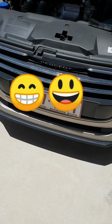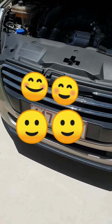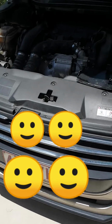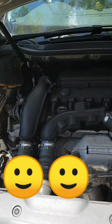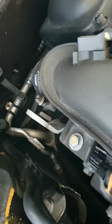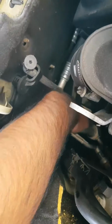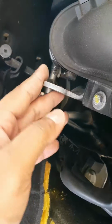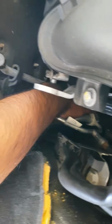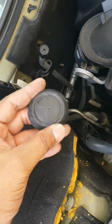We have a Peugeot 50 here, and people most of the time are just wondering where they can run their amp wire. So I just found a hole here, and if you guys can see behind this pipe here, yeah, under there. Sorry, it's blocking the view, but under this pipe here, that's the seal which is